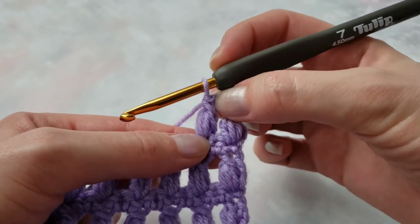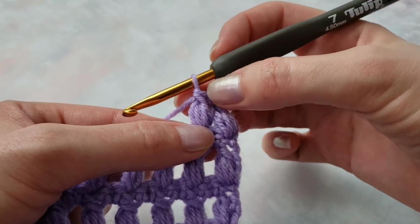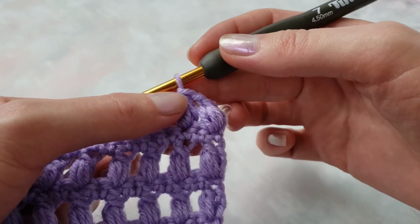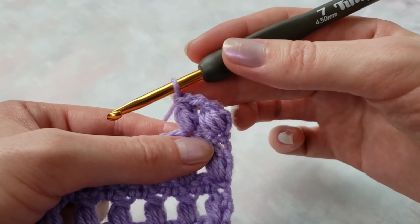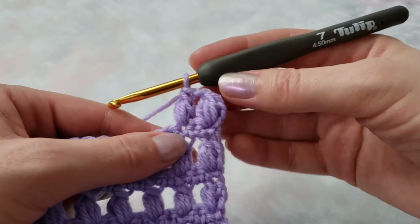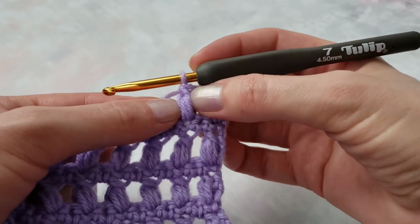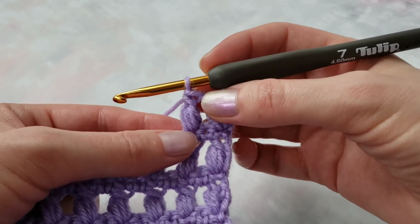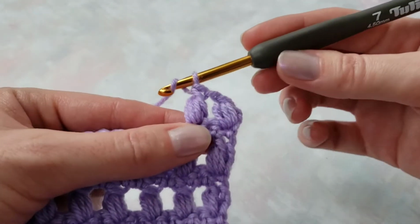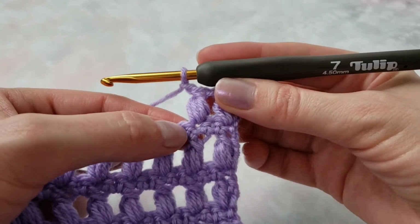This extra step makes this stitch a little bit taller because of these loops. So it's longer than our common puff stitch. Okay, let's chain 1, skip next stitch,